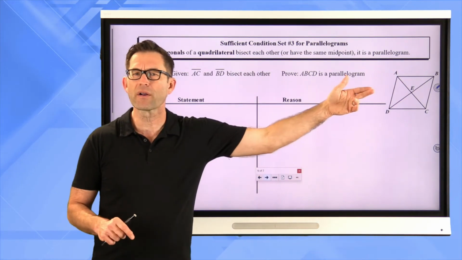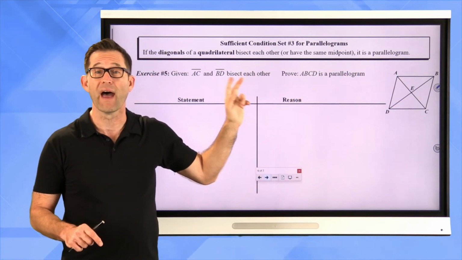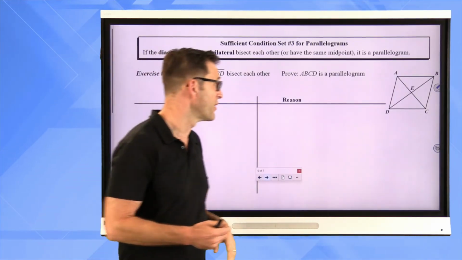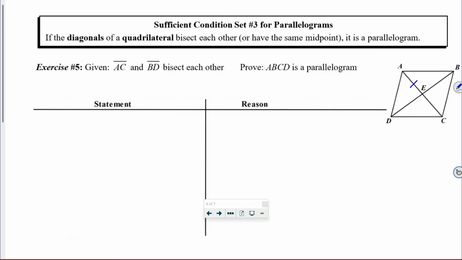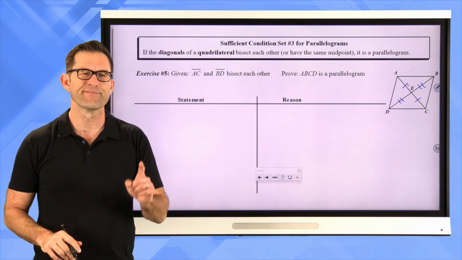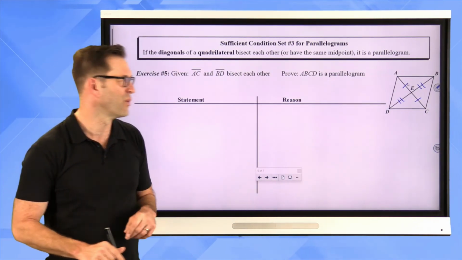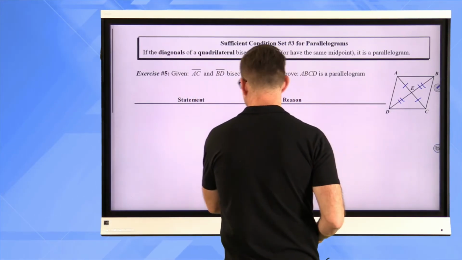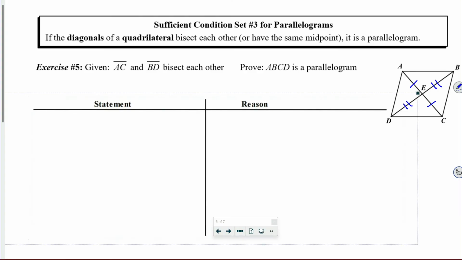Well, let's mark up the one and only given we have. AC and BD bisect each other. What does that tell me? It tells me AE and CE are congruent, and it tells me that DE and EC are congruent. All right, well, that's a lot of congruent sides. Now, we also know, by the way, and this is always kind of a freebie, we know that that angle,